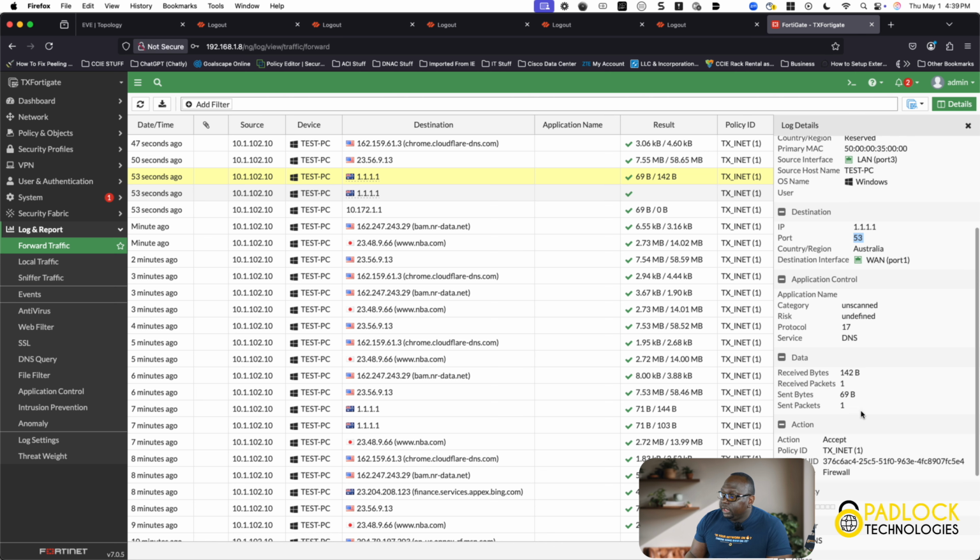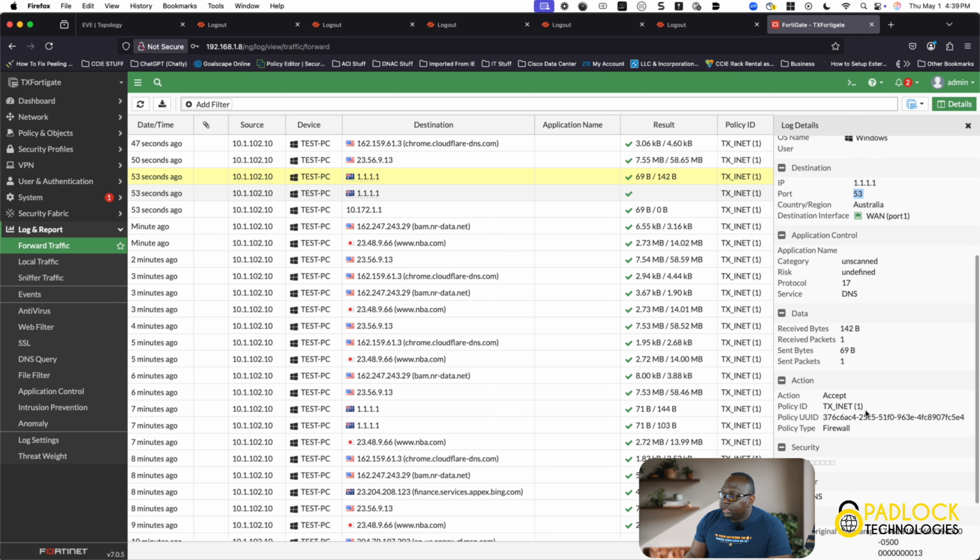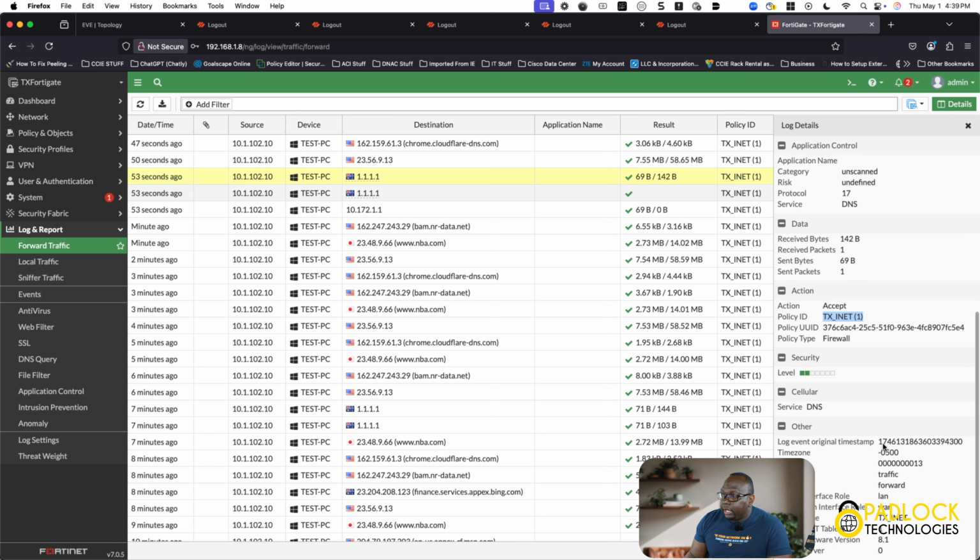You got some sends and receives, and the action tells you the policy, which I said was the Texas 48, and then the Texas net policy, and then it gives you the timestamp of that information. The centralized net here was net policy one. So again, from a logging standpoint, like I said before, this is unified events in Cisco FTDs, right? When you have an FMC managed FTD, this is literally the same thing. Unified events